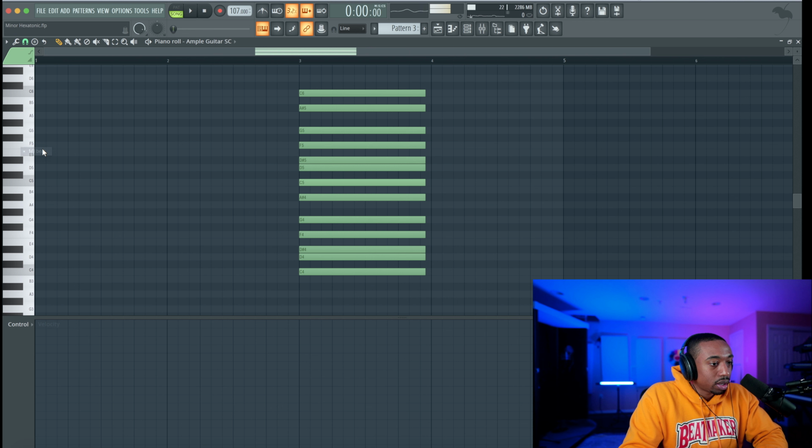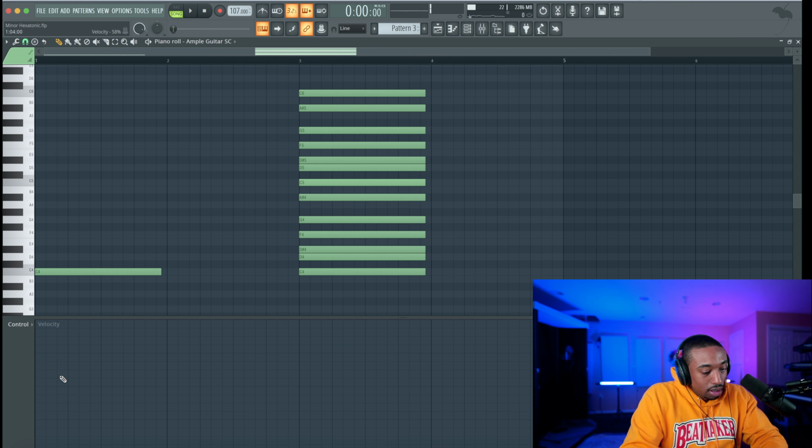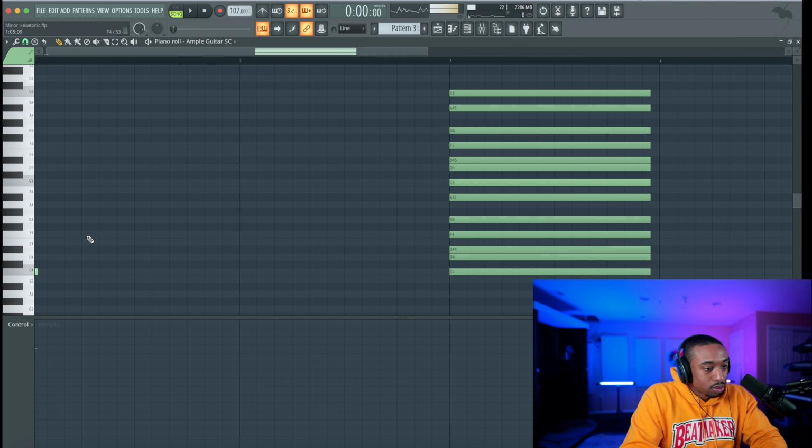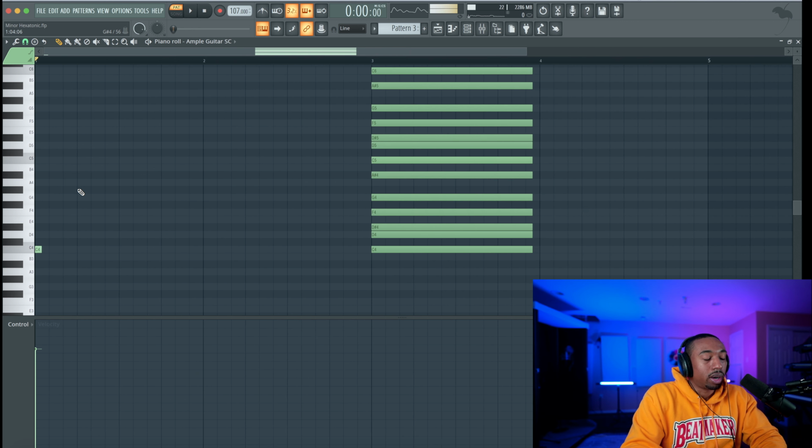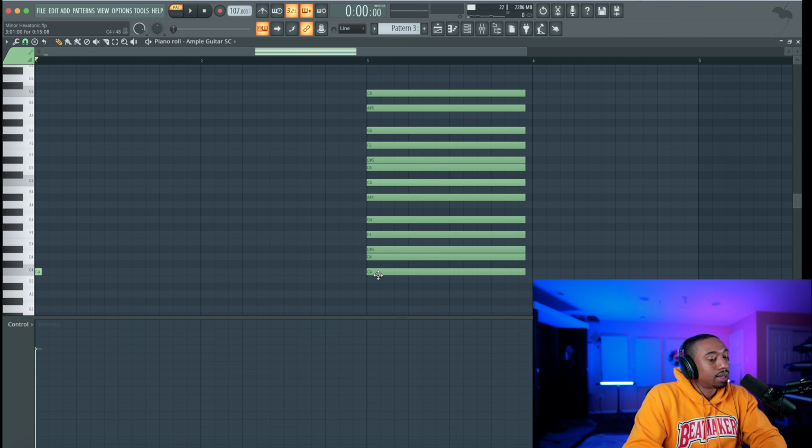So let's go to snap to grid 1/3 beat for guitar. And this is what creates that unique sound. Let's hit Alt, left click to restore the velocity. And now you just write in thirds. Now I'm using my brain to give me the notes, but I'm gonna start at the actual root note, which is C. There's no formula. I'm just going up and down the scale using different intervals.